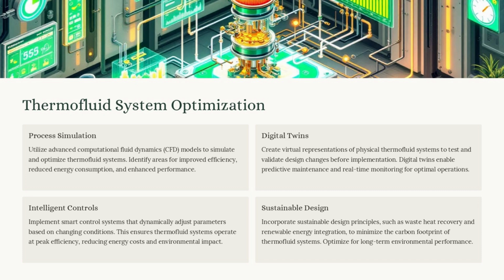Digital twins, virtual representations of physical systems, enable us to test and validate design changes before implementation and support predictive maintenance. Implementing smart control systems that dynamically adjust parameters based on changing conditions ensures thermofluid systems operate at peak efficiency, reducing energy costs. Incorporating sustainable design principles, like waste heat recovery and renewable energy integration, can minimize the carbon footprint